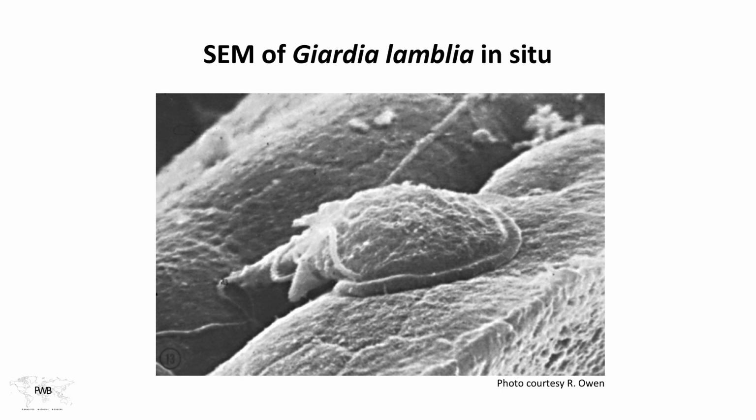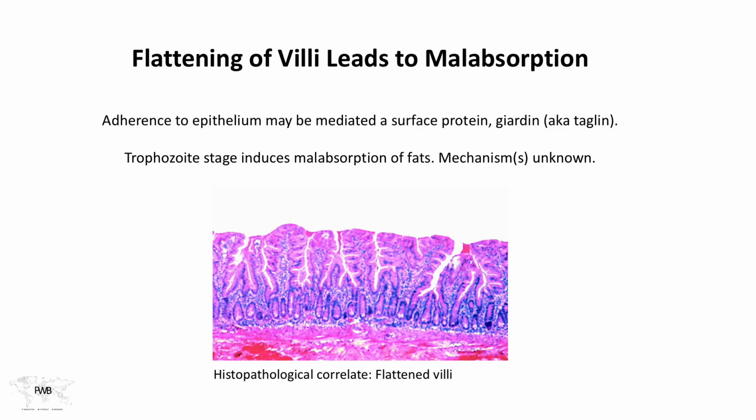So how does all of this disease come about? It's mostly by the parasite simply excluding the absorption of fats. And as a result, of course, if this occurs in children, this could actually slow down their rate of growth. And in fact, it has been associated with failure to thrive syndrome. And that is a problem in most of the developing world.